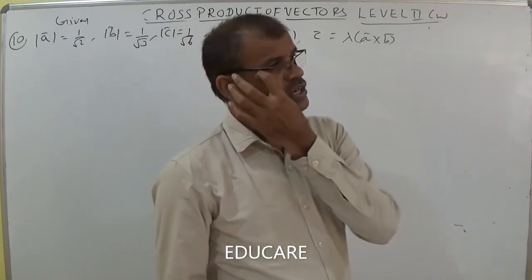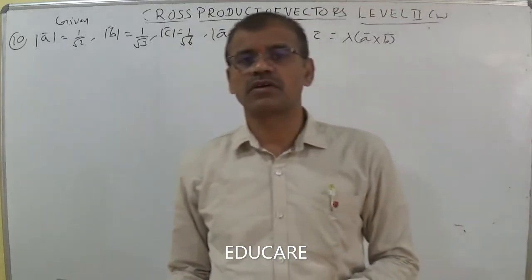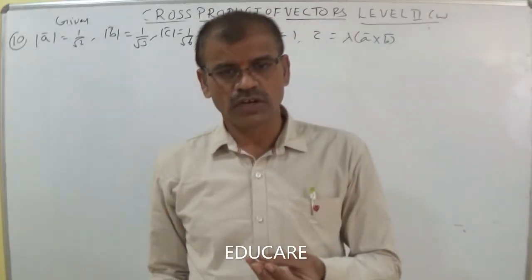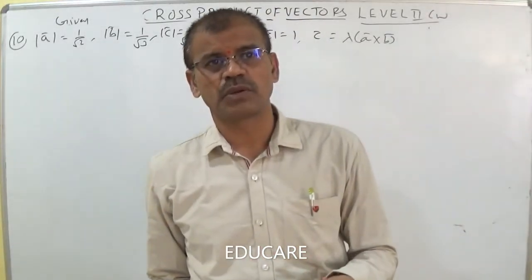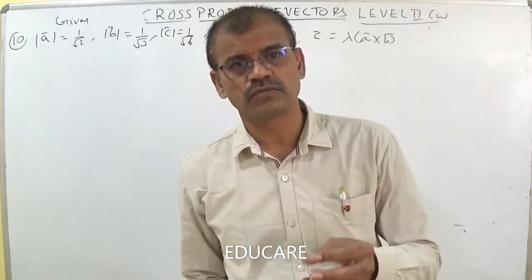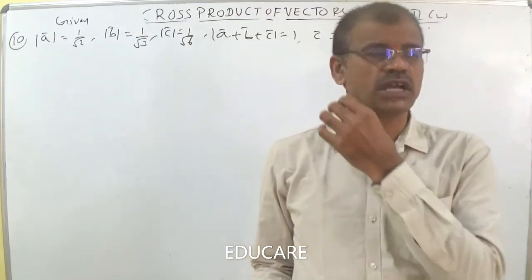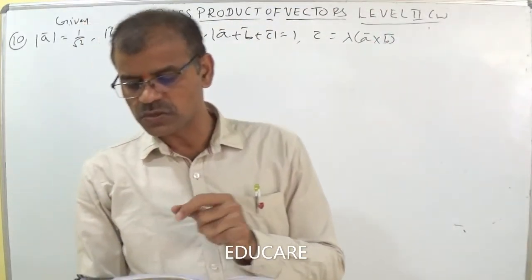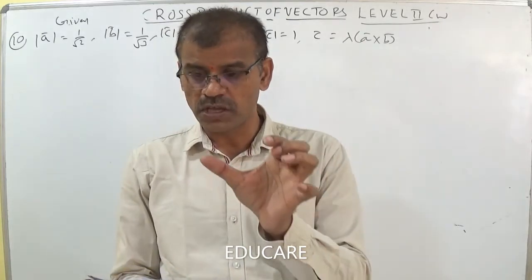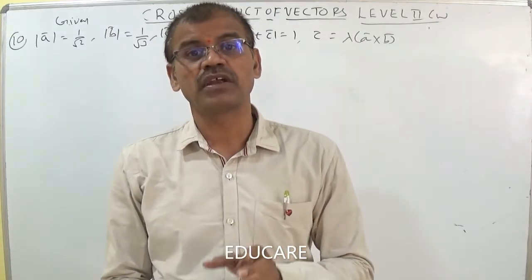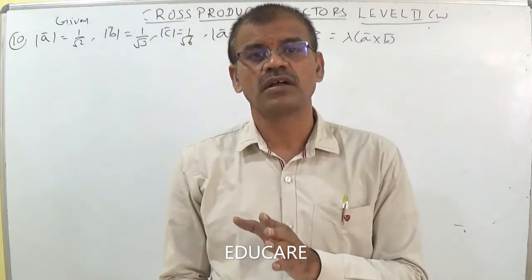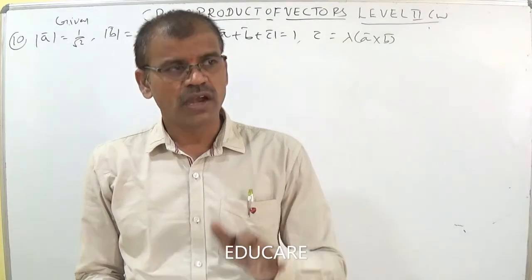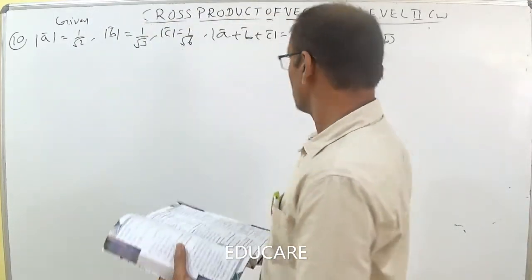We can try to understand that I cross J is equal to K, J cross K is equal to I, and K cross I is equal to J. Then we conclude that I, J are perpendicular to K, J, K are perpendicular to I, and K, I are perpendicular to J. So X, Y, Z are mutually perpendicular. We can say that here, given the data, C bar is equal to lambda into A cross B. So C bar is parallel to the vector A cross B. That means C bar is perpendicular to A and C bar is perpendicular to B. That is the condition here.